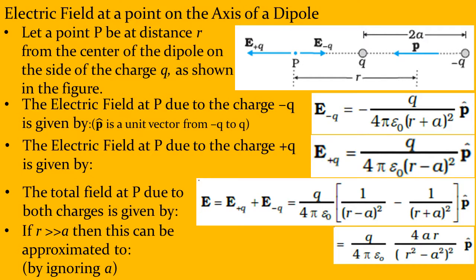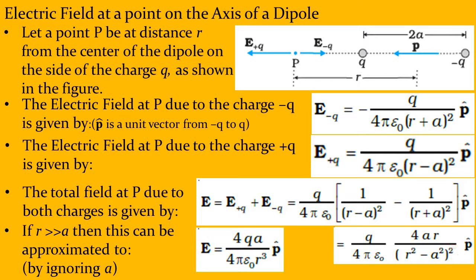Now, as I said, dipoles are very small, like that water molecule you saw. The distance between these two charges is very, very small compared to the distance from P to the center of the dipole. So, if the distance r, the distance of point P from the center, is much, much greater than a, which is half the distance between the two charges, then I can ignore a, especially the higher orders of a. So I can ignore this a square raised to square again.